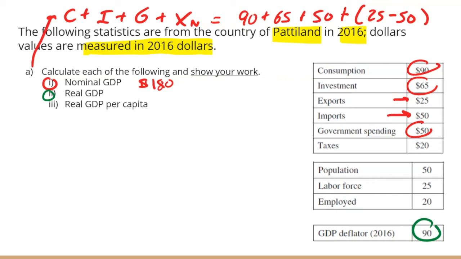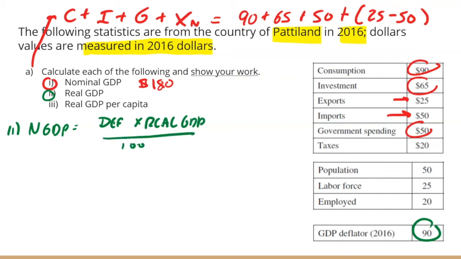Well, we can say that our nominal GDP is going to equal our deflator times our real GDP divided by 100. And so now we can just input our numbers here. Our nominal GDP, we know, is $180. We know that our deflator is 90 because it tells us at the very bottom of our screen here, times our real GDP